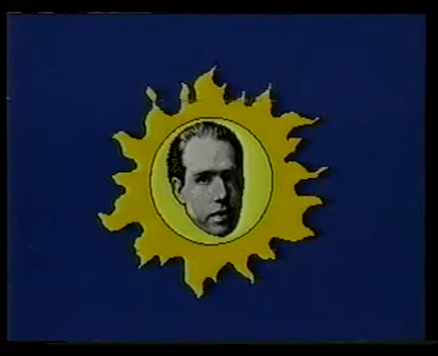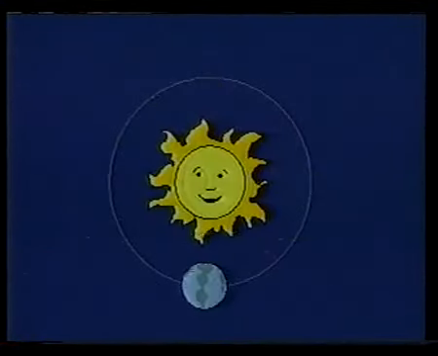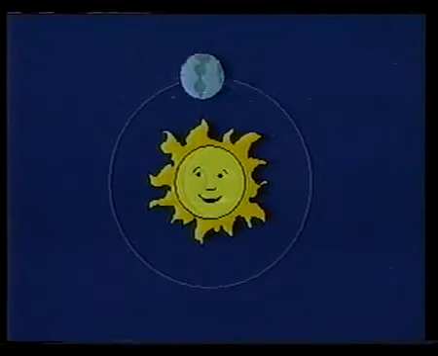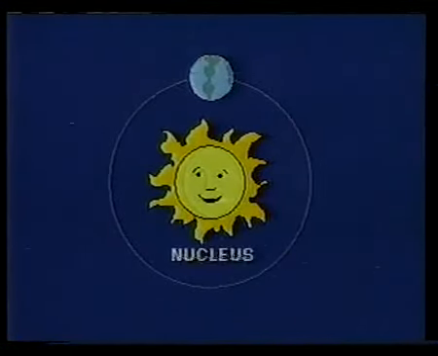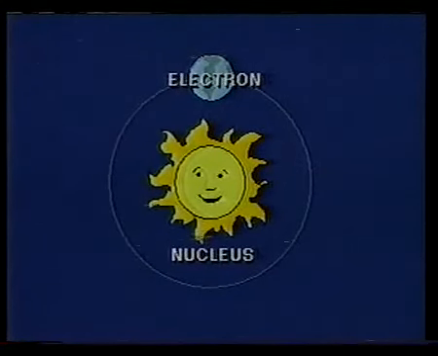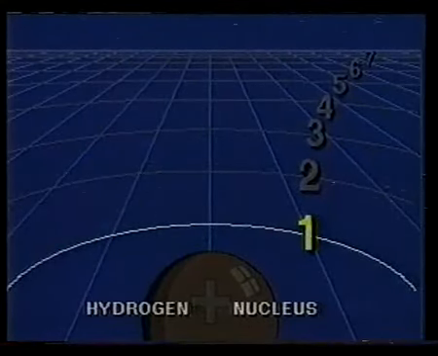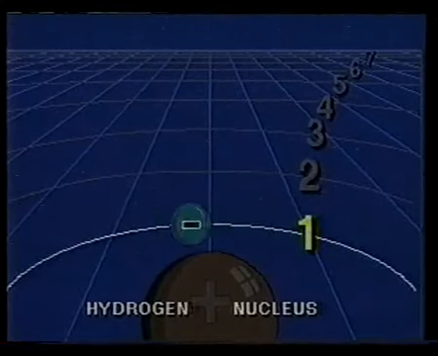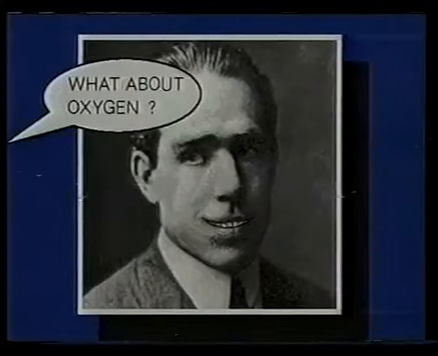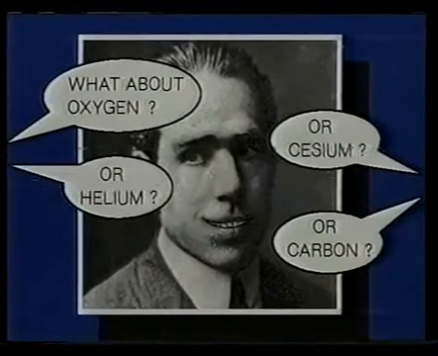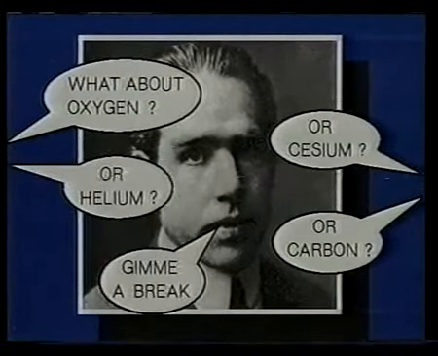Niels Bohr discovered that the laws of physics which govern the motion and behavior of large bodies were not adequate to account for the motion of tiny particles such as atoms and electrons. With his model, Bohr could explain the behavior of atoms with one electron. But he could not predict the radiation spectrum observed for other, more complex atoms.